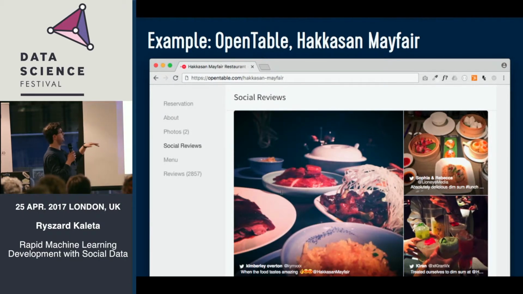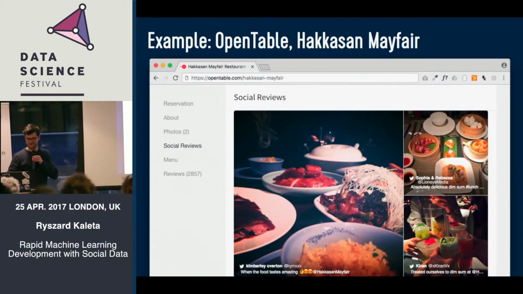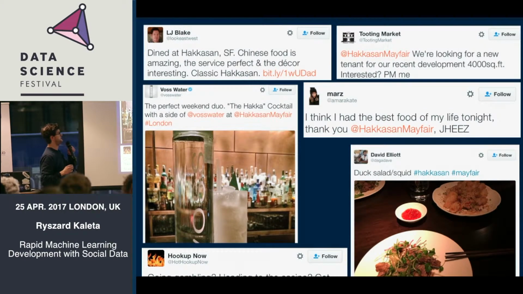Now, if you think about how you'd build this social review section from scratch, you're probably familiar with Twitter's search endpoint on their API. You might consider putting up some filters against the firehose and use the restaurant name or the restaurant's Twitter handle as a way of bringing this content in. And then just stream it right in, right? I mean, it sounds fairly simple. It's pretty much where we started. And if you do that, then this is the sort of content you can expect to get back.